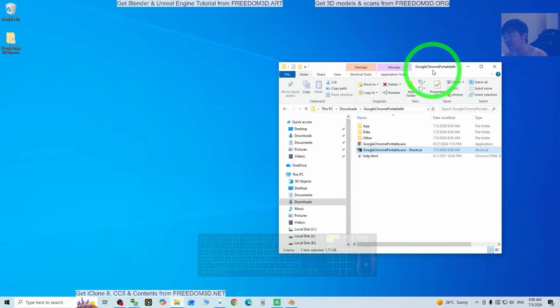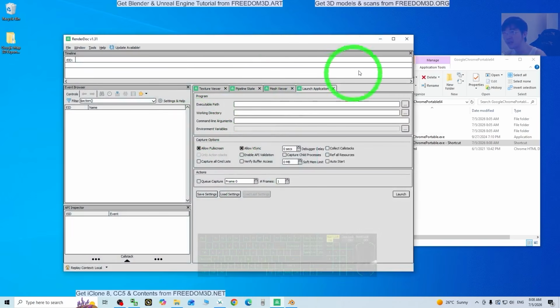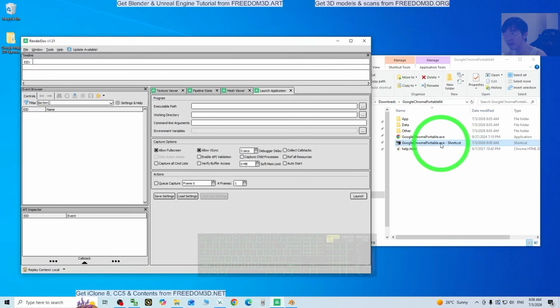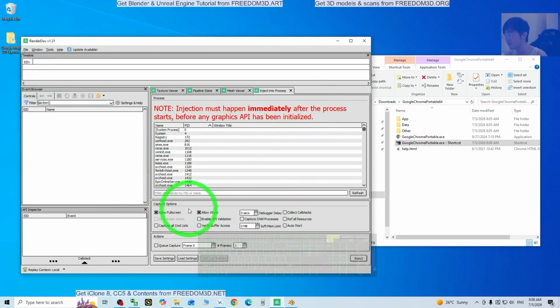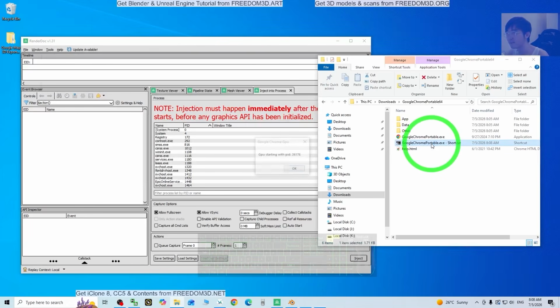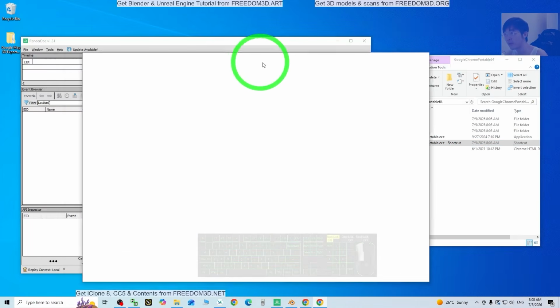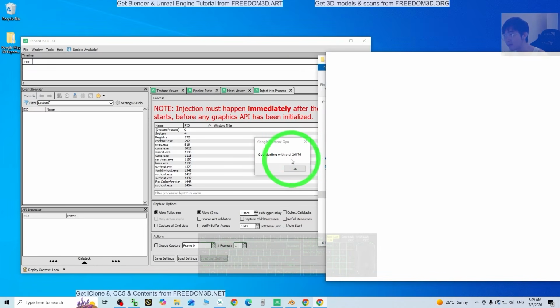So now, what I'm telling you is the RenderDoc is ready. Before you start the Google Chrome portable shortcut, you need to click File, Inject into Process. Then execute the shortcut just now. Double click it. You should be able to see it is blank in this way. The GPU starting with PID, you can see the PID number